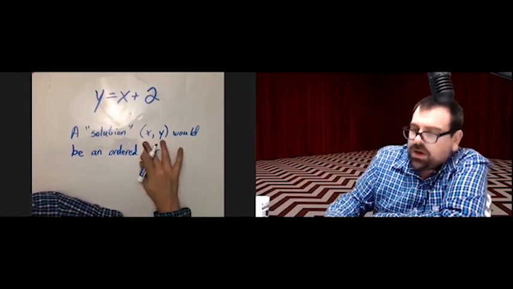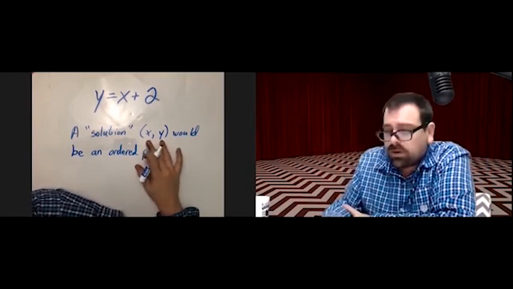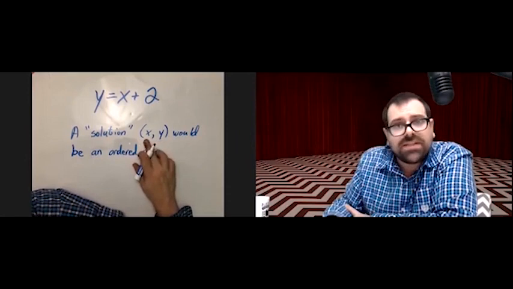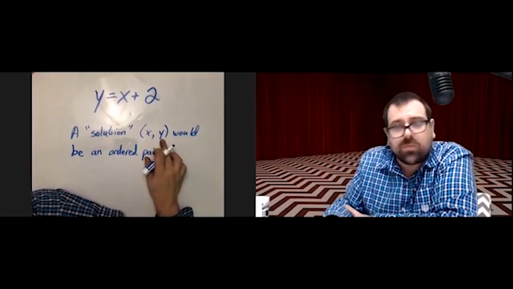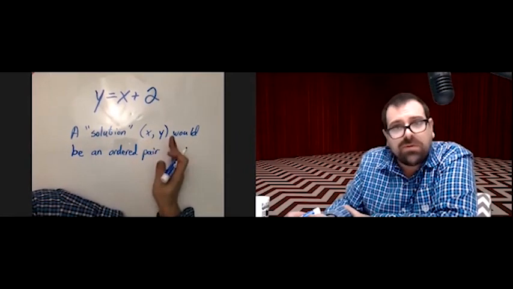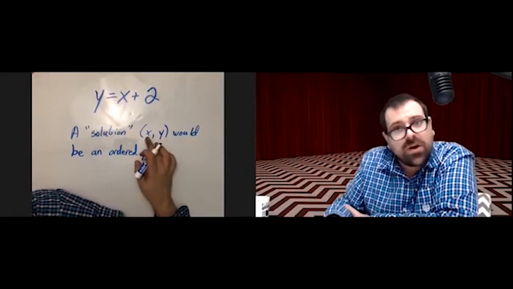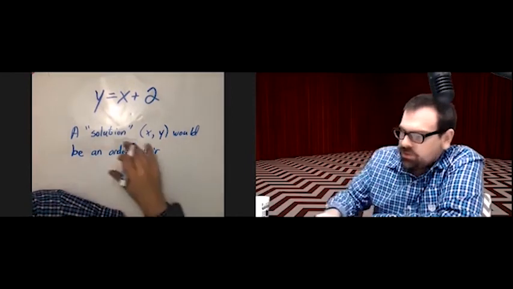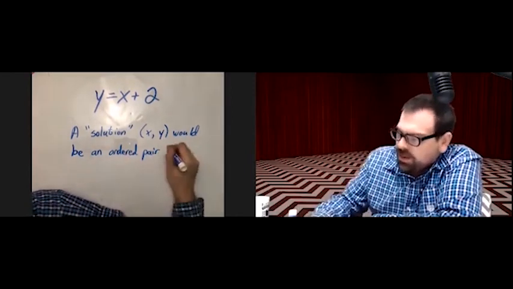And by the way, that's what we call these, ordered pairs, because order matters. It's a pair of numbers where the order matters. The first is always x, the second is always y. If you switch them around, it wouldn't be the same thing, because the first is always x and the second is always y. So a solution, x y, would be an ordered pair